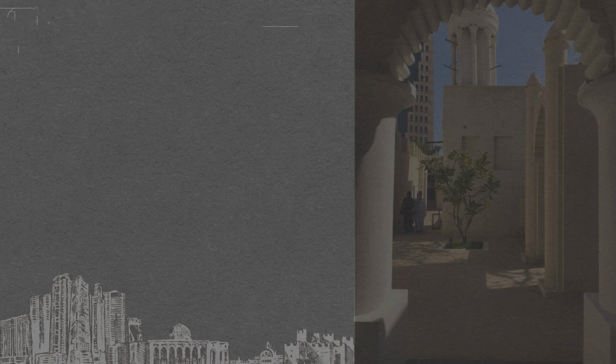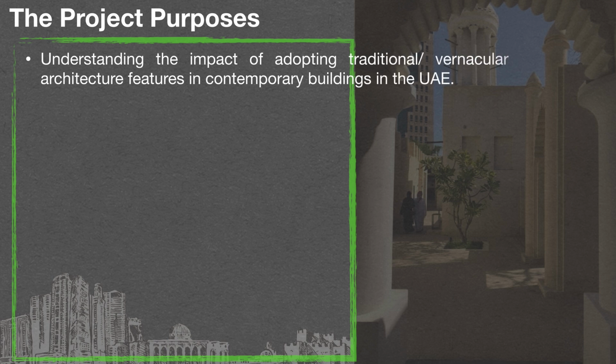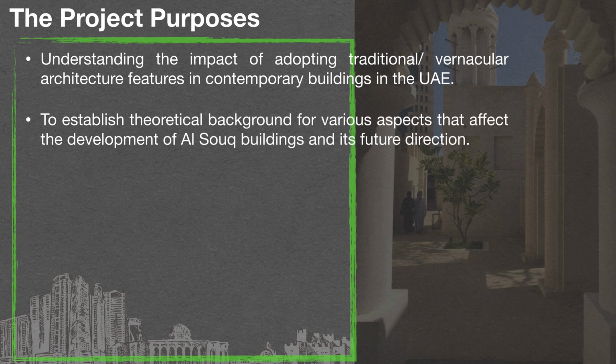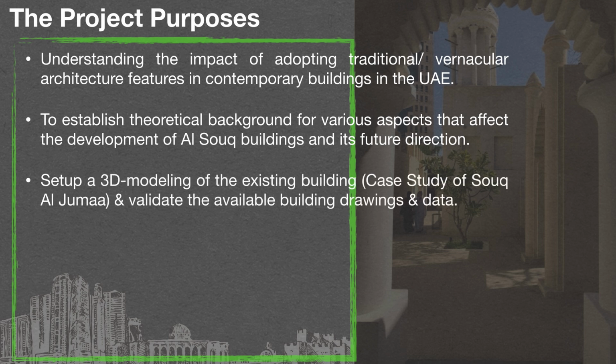The project purposes. First of all, to understand the impact of adopting traditional vernacular architecture features in contemporary buildings in the United Arab Emirates. Second, to establish the theoretical background of various aspects that affect the development of Souq buildings and its future directions. Third, to set up a 3D modeling of the existing building, case study of Souq al-Jum'ah,